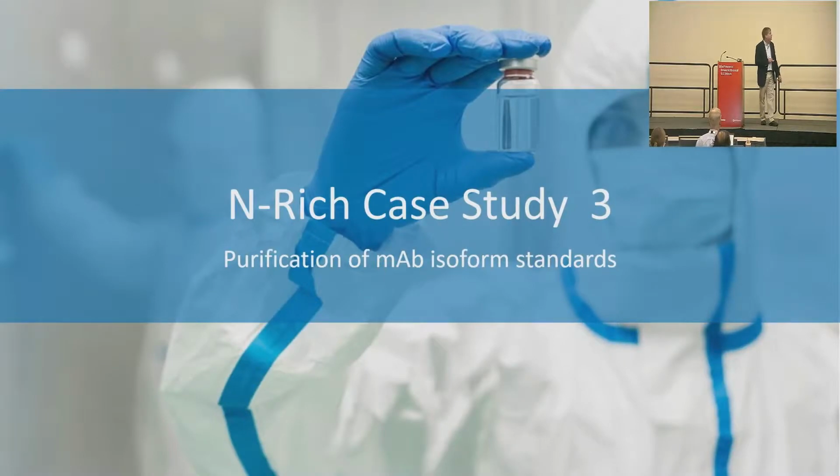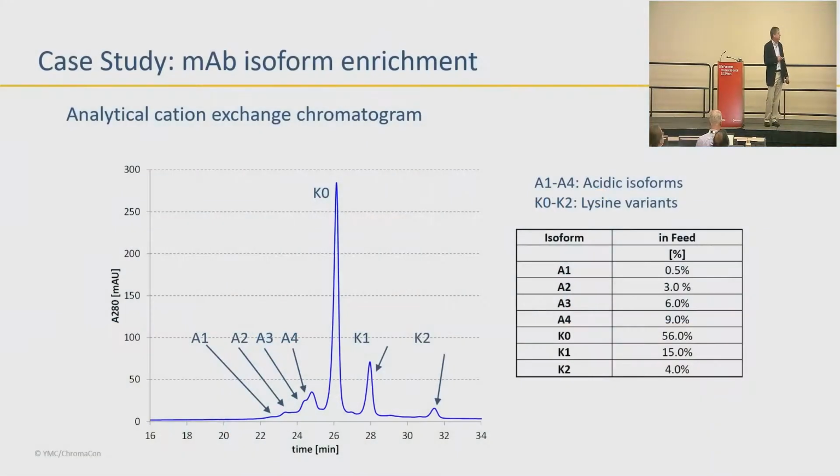Which leads me over to case 3, which is the purification of some isoforms of a mAb, another thing that tends to be a little challenging. So these were different variants. They have the acidic isoforms and the lysine variants. All the acidic ones elute early, all the lysine ones elute late. And these were the percentages in the feedstock. It was actually pretty junky, in my opinion, if that's what they were looking for. Maybe that was by choice,